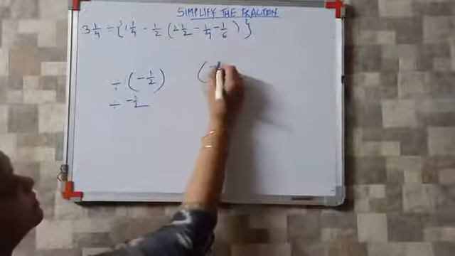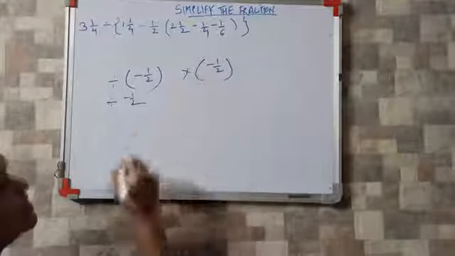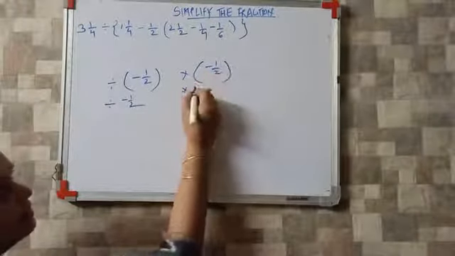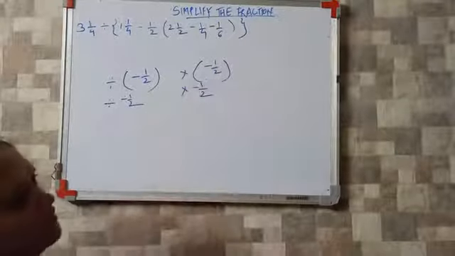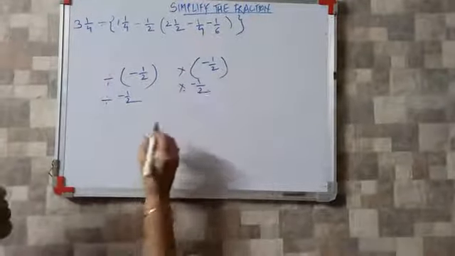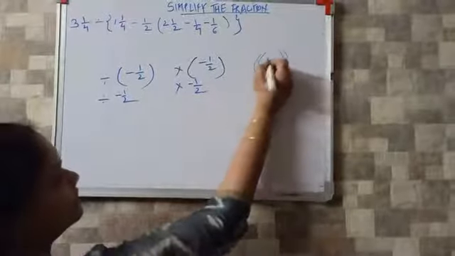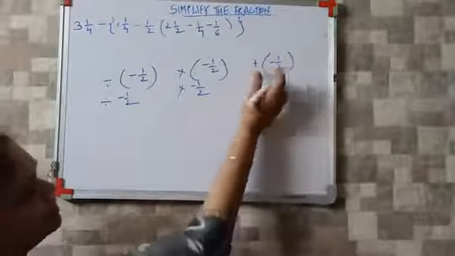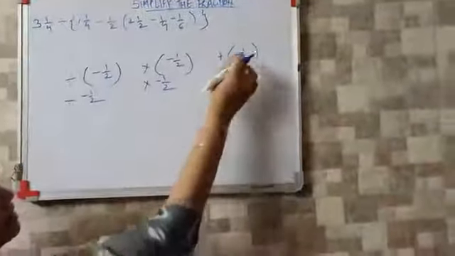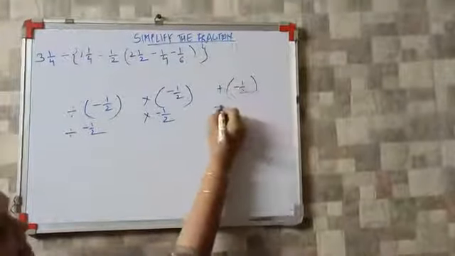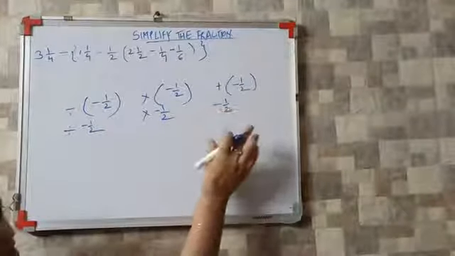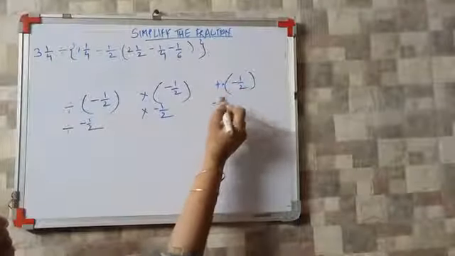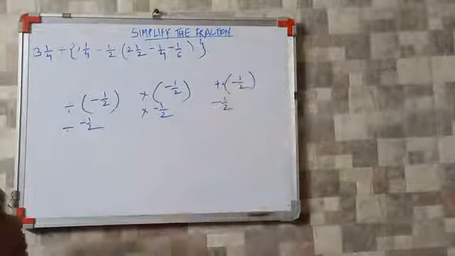Before the bracket, if a multiplication sign is there, we will write the multiplication, remove the bracket and write whatever is written in the bracket as it is. So multiply 1/2. If before the bracket an addition sign is there, then whatever is written in the bracket we will write as it is. Addition will not come because here the multiplication sign is hidden. So minus plus minus. So minus 1/2.